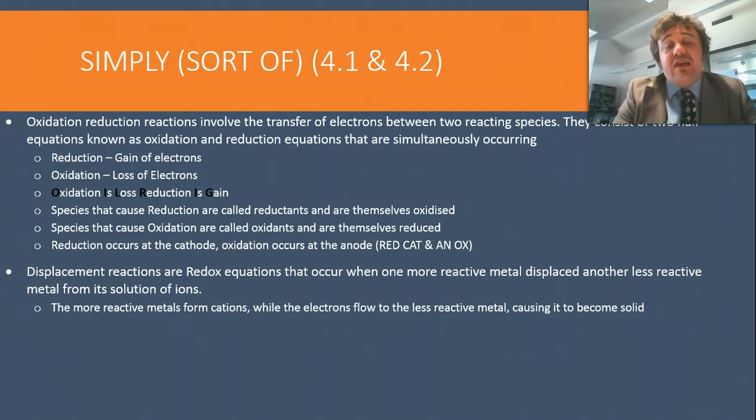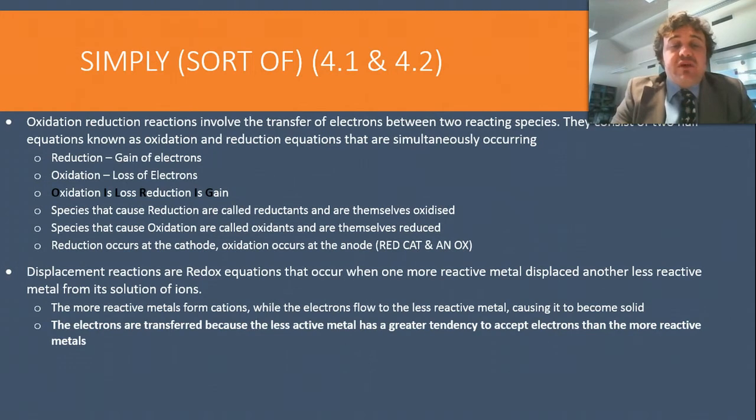They'll lose those electrons to the metal ions in the solution, and when that metal gains those electrons, it goes, well, I'm now a free element, and will drop out of solution, so they become solid. So electrons are transferred because the less active metal has a greater tendency to accept electrons, and the more active metal becomes the electron donor. So you've got an electron donor, which is the more active metal,